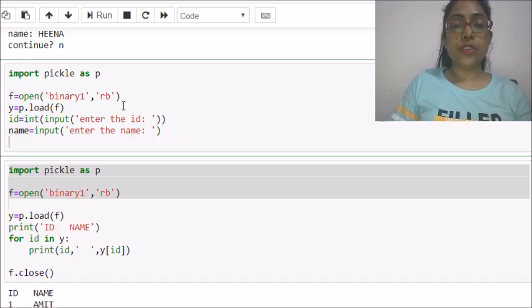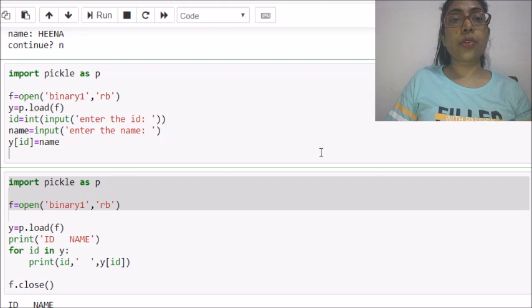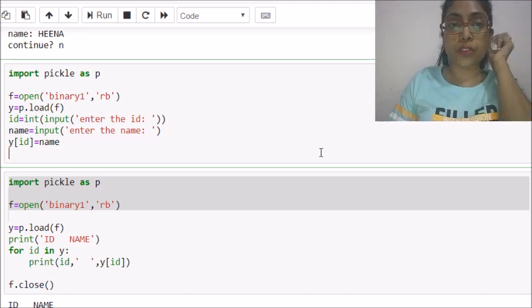Simply what you need to do is take your dictionary Y, and with the ID which I have taken from the user, update it with this variable name. The new value is going to be updated. So this is how you can update it, or you can use the dictionary function update. You can use it also. It is also going to work for me.